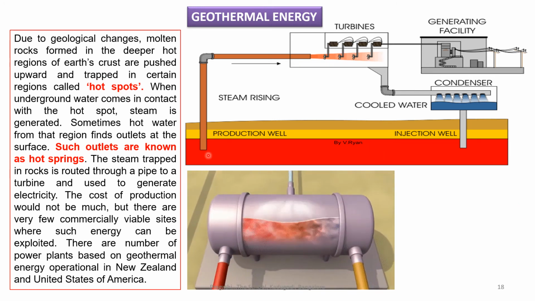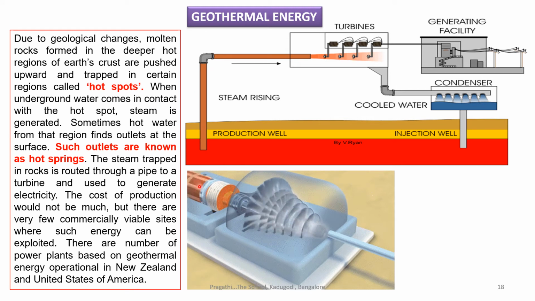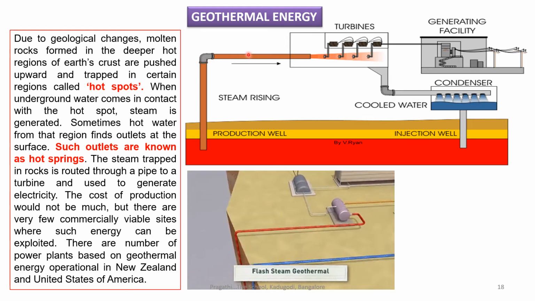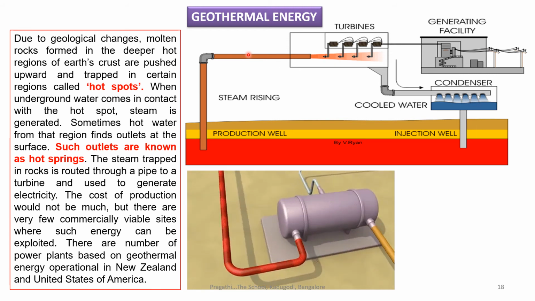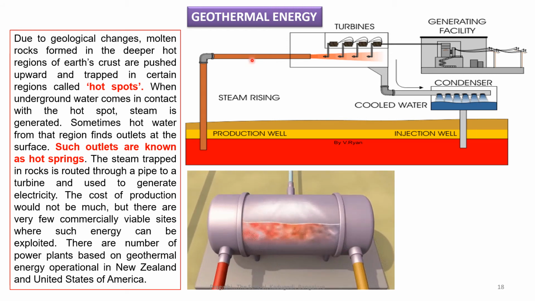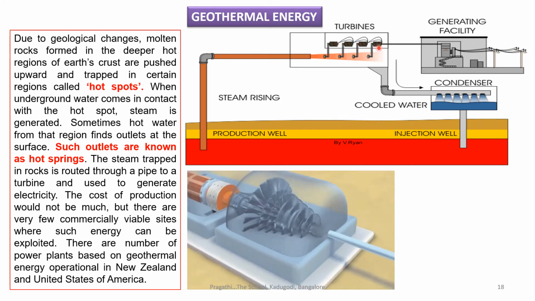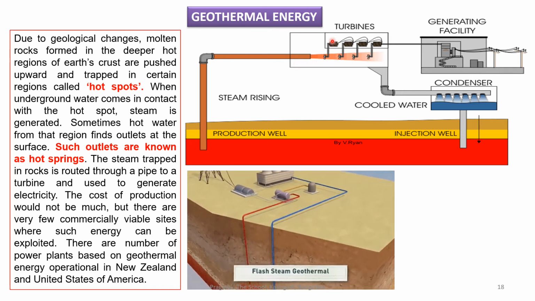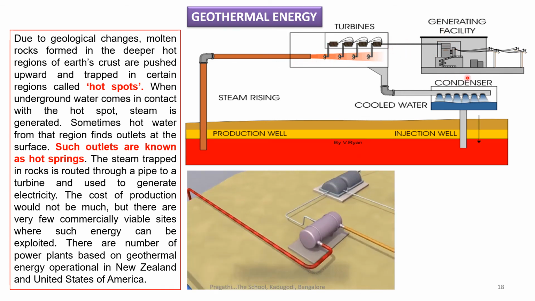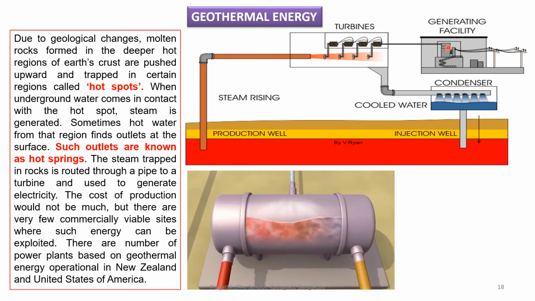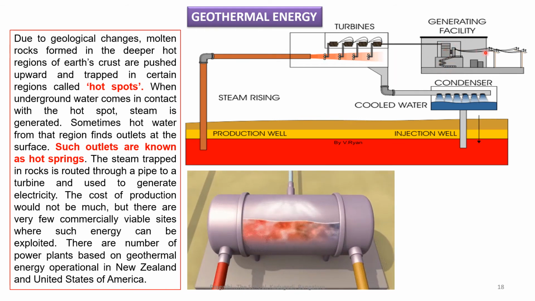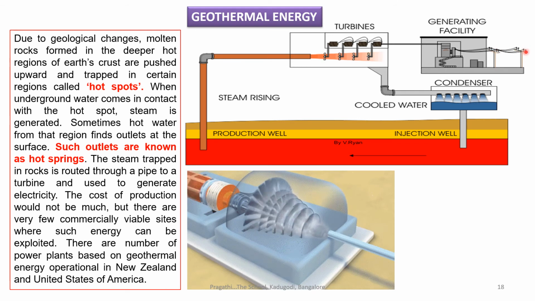See here how the working happens. From inside the earth, the very hot water and steam is pumped. We have to keep a pump here and start pumping. Since it is already in the steam condition, it will be under high pressure. So high pressure steam is sent here. You can see the turbines are kept here. What happens? All the turbines rotate and they rotate a generator here. Once the generator is rotated it produces electricity, which is given to the electric grid or the poles where we get electricity.